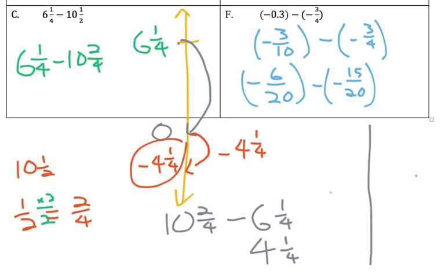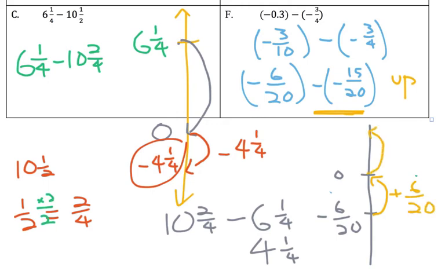Make some space down here. And I'm starting at negative 6/20. And then I got to figure out if this is going up or down. So this right here, this minus negative 15/20, that is the same as getting rid of weight. And so for getting rid of weight, basically we need to go up 15/20. So first I'm going to go up 6/20. And then if I had 15 of them and I used up 6, I would have 9 left over. And that would give me an answer of